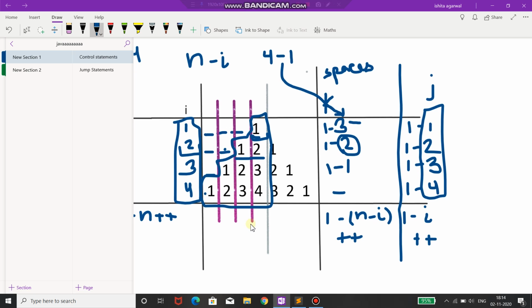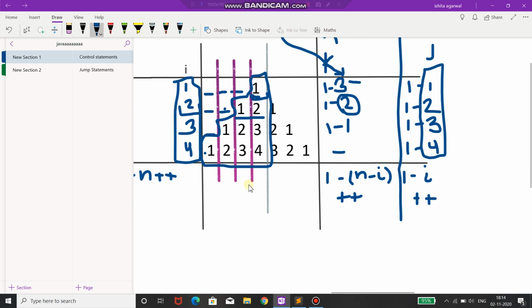Suppose in this case we were not having 1, 1 2, 1 2 3 and 1 2 3 4, and we were given 1, then 1 3, then 1 3 5, and then 1 3 5 and 7, that is the odd terms. Then in this case we'll not increment by 1, we'll increment by 2, that is plus 2 in each iteration,